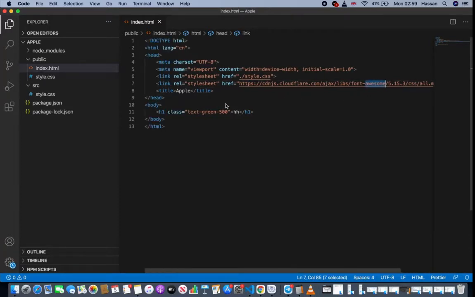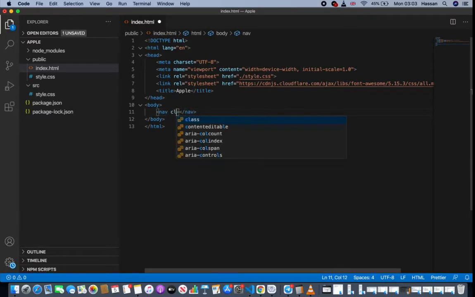And okay, so then we're just gonna have a title, which is Apple, and we're gonna have a body section. The body section we'll get started now. It starts with the navigation section, the navigation bar. So we're gonna have nav, and then for the class we're gonna have top-0, which basically makes it stuck